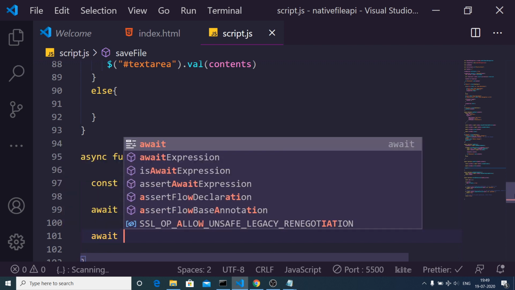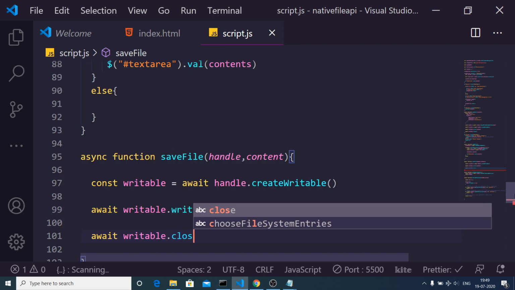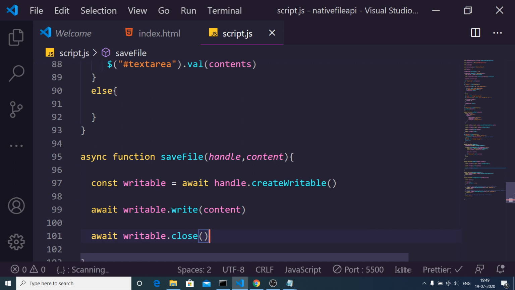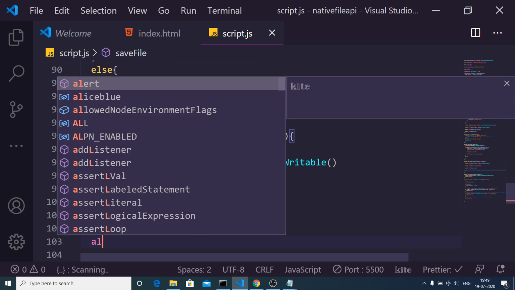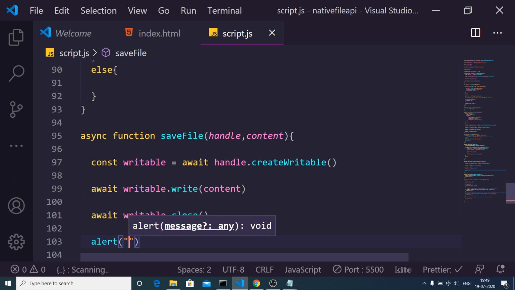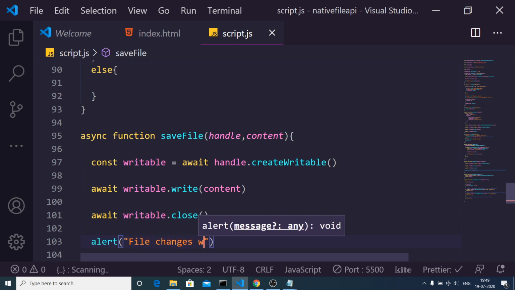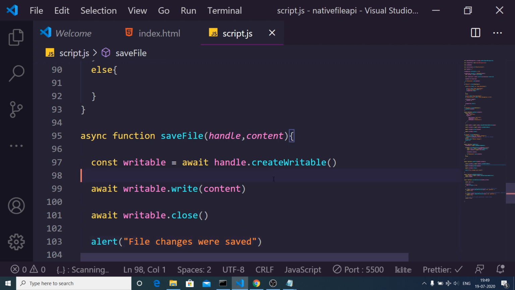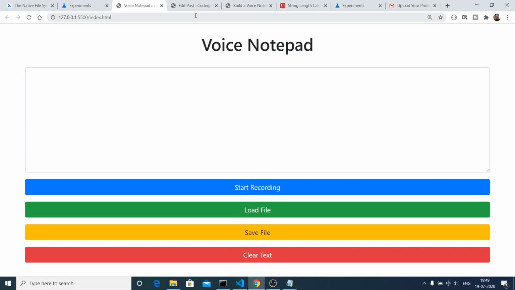After, we can just close this writable reference, writable close. So this will save the changes. And after saving it, we can have an alert box signifying to the user that file changes were saved. That's it. And this load button is also complete, guys.